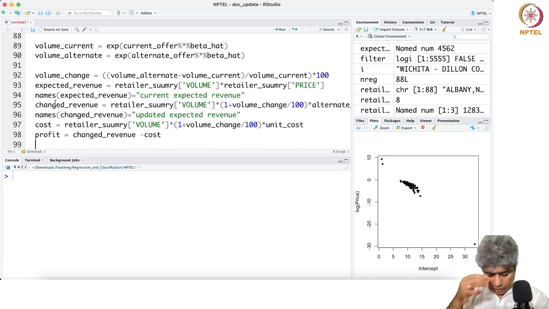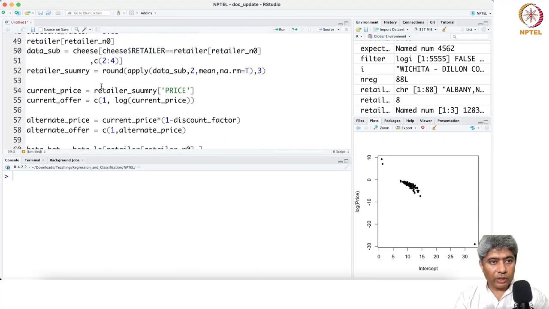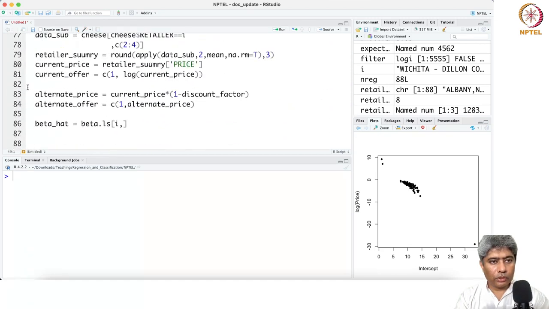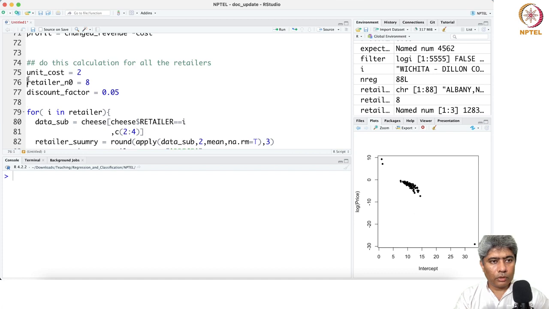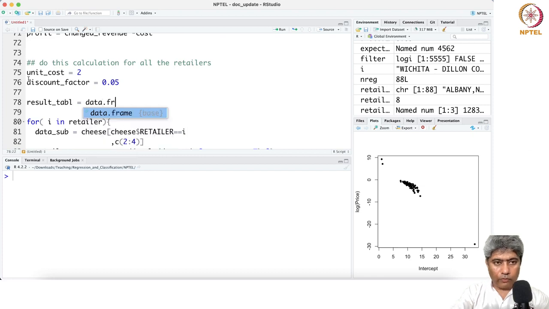But now what we need, essentially I need a discount factor. So the discount factor is here actually, so let me just take these two things. I don't need this. Unit cost is 2 for the retailer, and then essentially I need a result table. Okay, result table data dot frame